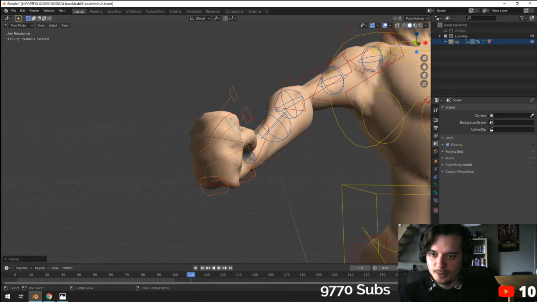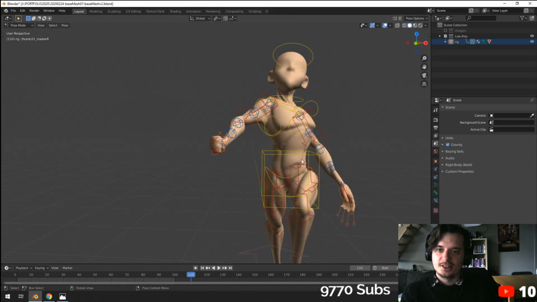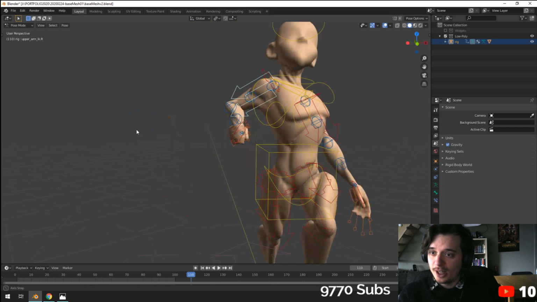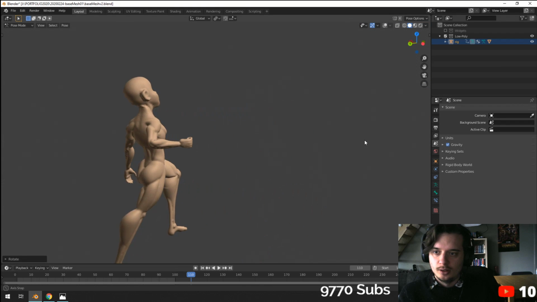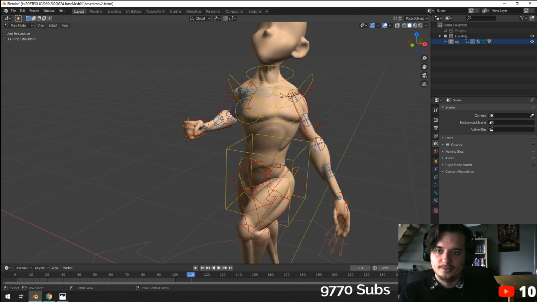This is with the Rigify model, and the thing I suggest, if you want to get to this point of having a good base mesh, you can just download mine. That is true. You also want to always look up references for your poses, right? What I'm doing now is...